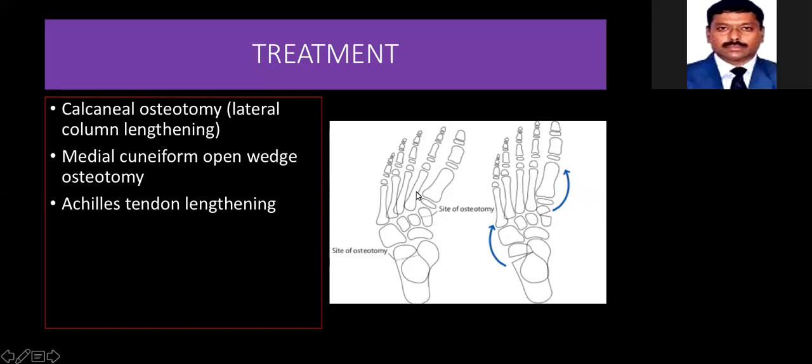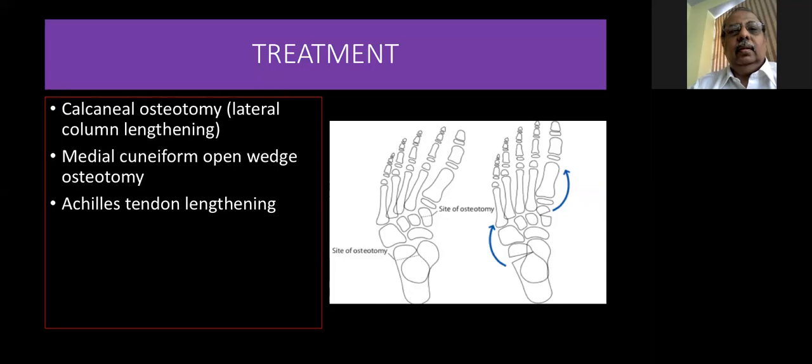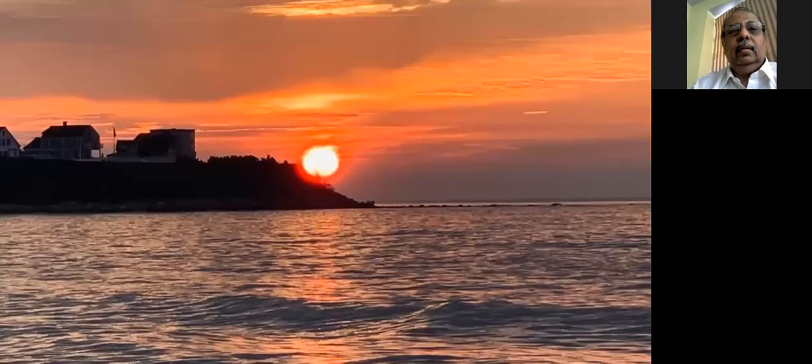So what is happening here? The forefoot has gone into adduction. Here it has gone into valgus. So what you are doing is a lengthening osteotomy here to correct the arch of the foot and another lengthening osteotomy at the medial cuneiform. I think this is more than enough for the skew foot deformity. I think that finishes this.